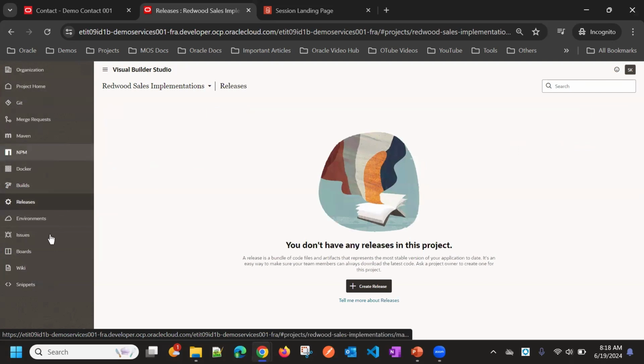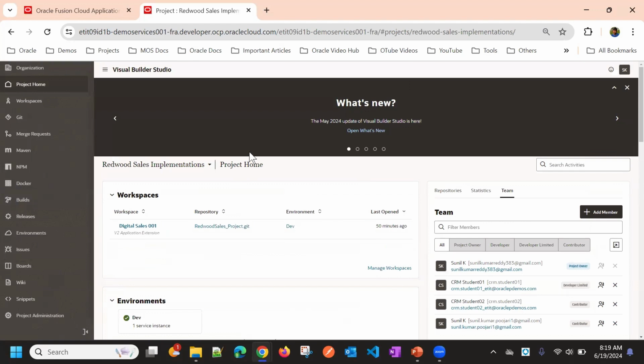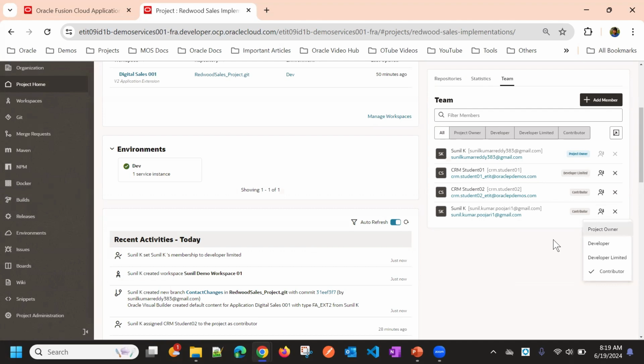So all these tools they will have access, but they don't have access to workspace and they don't have access to project administration itself. And anyway, they will not be able to build, submit build jobs, all. So it will also be not available. It is just for view purpose only, and they will not touch the code through workspace or Git. So that's a quick overview on developer roles. Now I'll switch back to developer